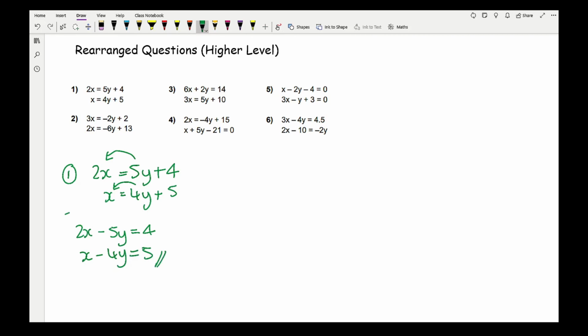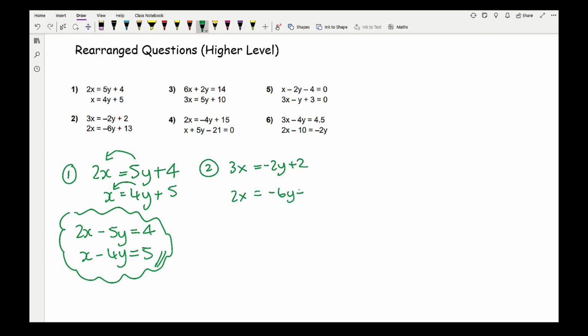So I could rewrite question 1 like so. Moving on to question 2. Again, I've got 3x equals minus 2y plus 2, and I've got 2x equals minus 6y plus 13. Now it is possible for you to do exactly what we've done, because x is the subject for both equations. They're both, I've got x on one side and y's and numbers on the other. So again, they're both the same format,